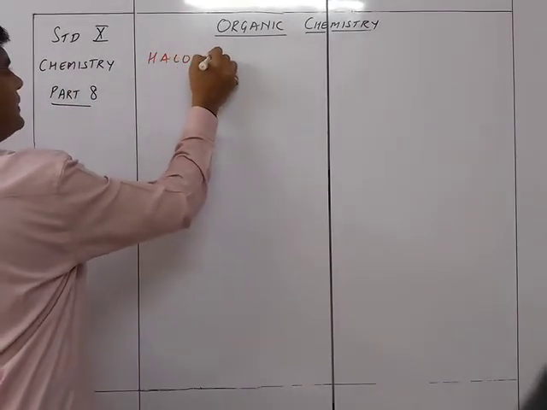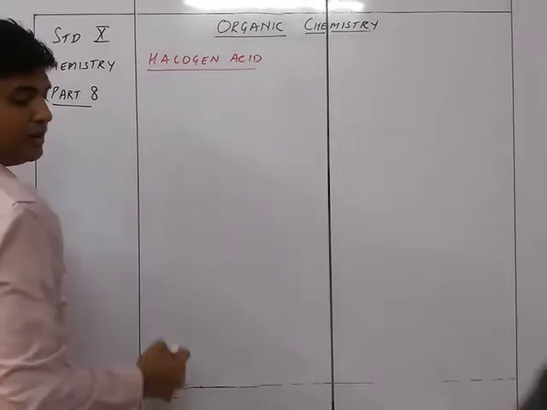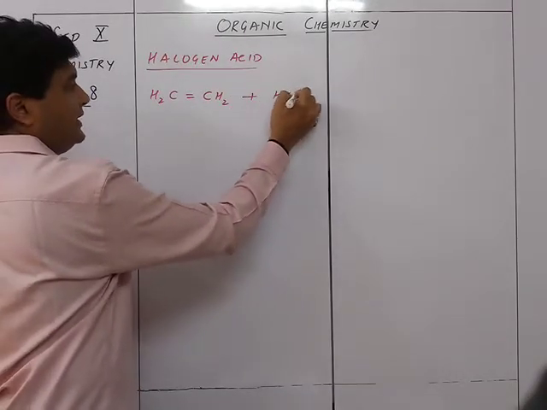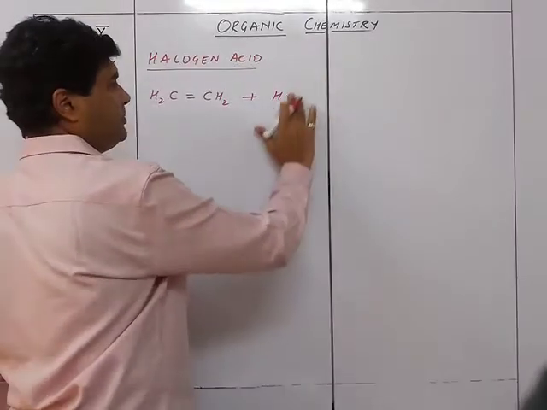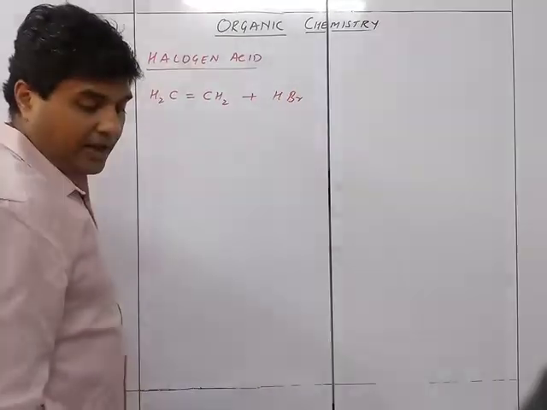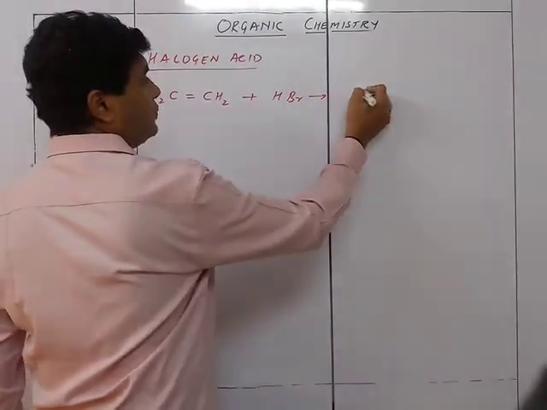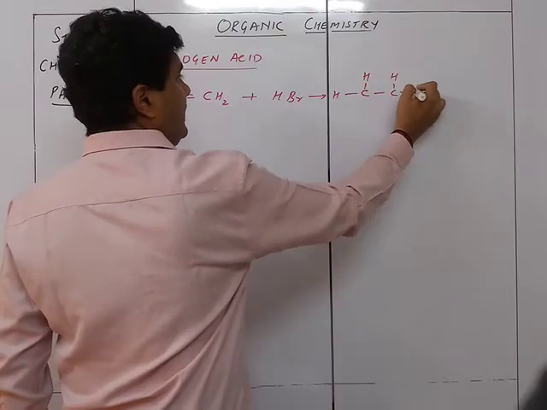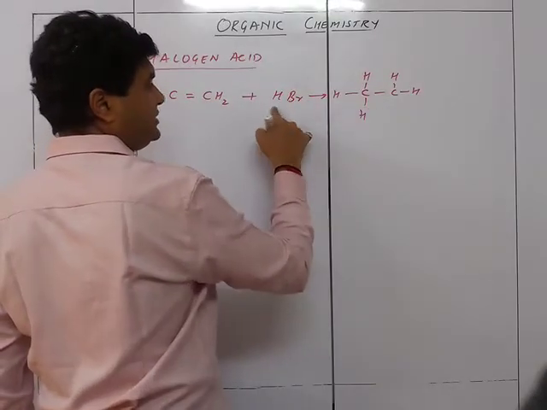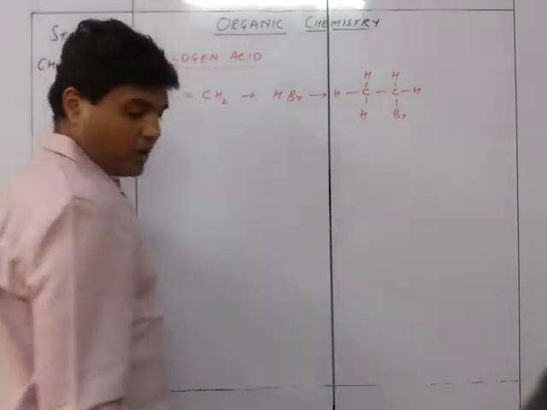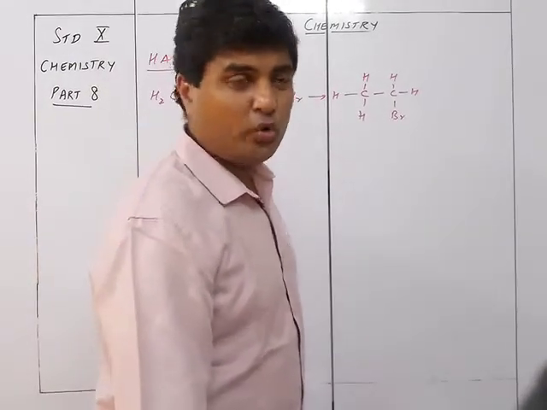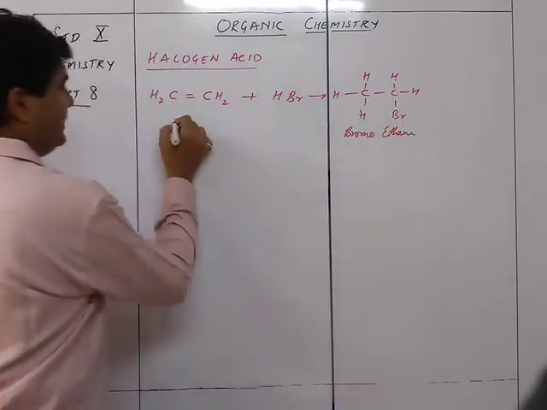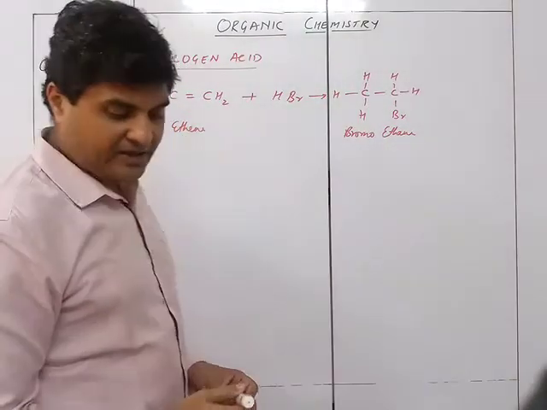Reaction with halogen acid. So when you take a halogen acid, you are going to have over here H2C double bond CH2 plus HCl. We can have HCl or HBr, whatever is comfortable. They are giving you HBr, so let's take HBr, and you are going to react it to give C single bond with H over here. And in this HBr, one H will go here and Br will go here. So this way you are going to get bromoethane from ethene. So that's the reaction.